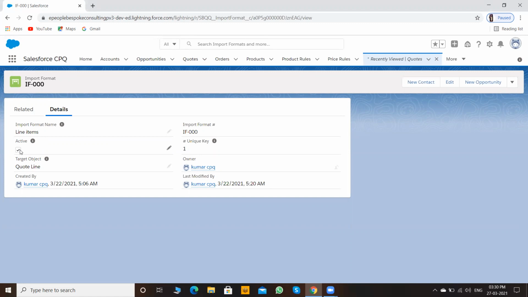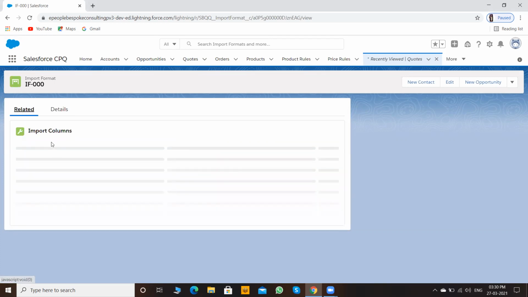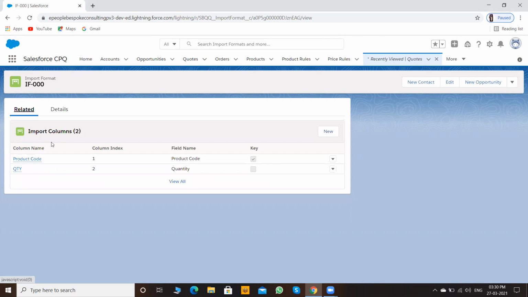In the related list there will be import columns, whichever columns you want to import. I'm selecting product code and quantity. Based on that product code and quantity, my product will be selected from the product selection screen, mapped, and added to the quote line editor.